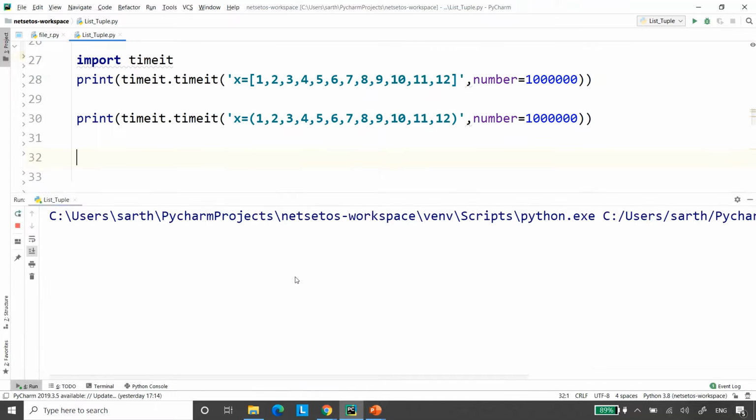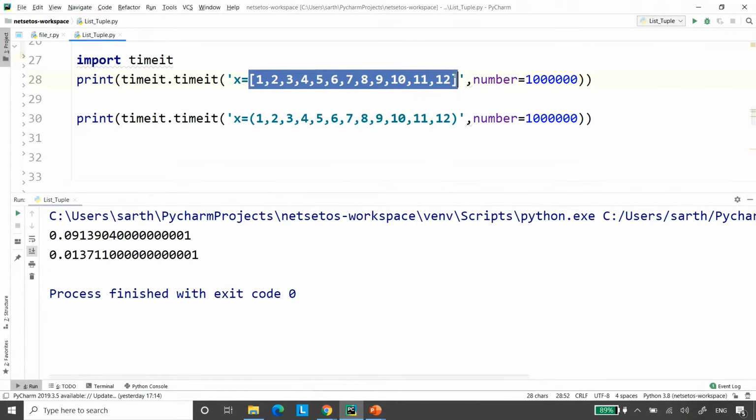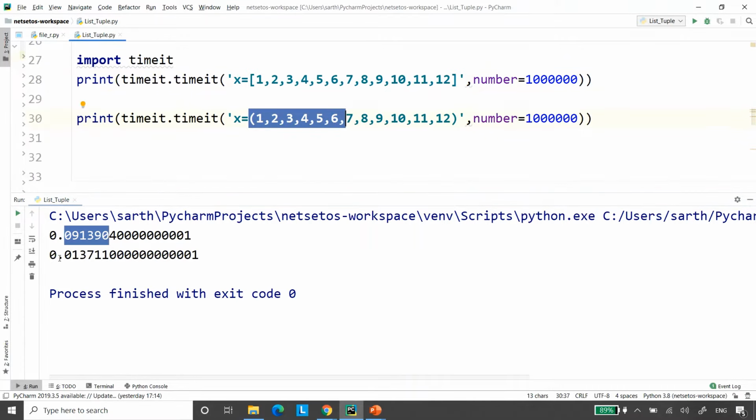When I run this, for list it is giving 0.091, whereas for tuple its timing is 0.0137. So list is about 8 to 9 times slower. That's why we say tuple generates as well as iterates fast.